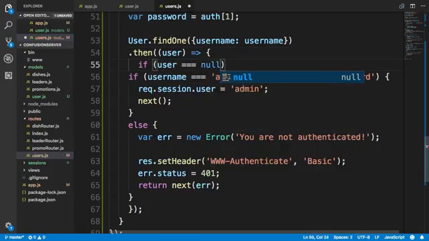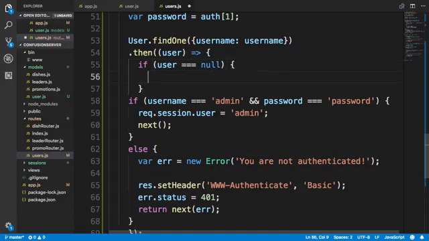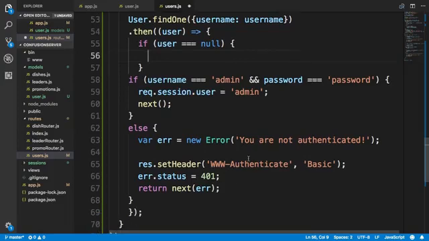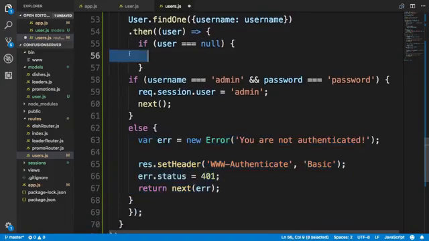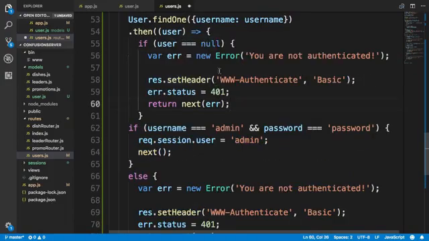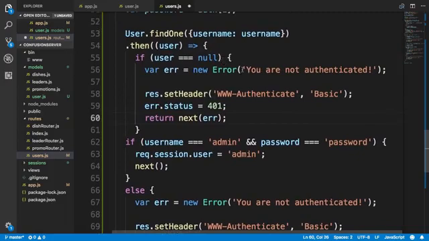So if the user is null, which means that we couldn't find a user with that particular username, we will have to return an error here. So let me just copy this part and then paste it in here, and then we'll return saying var new error,